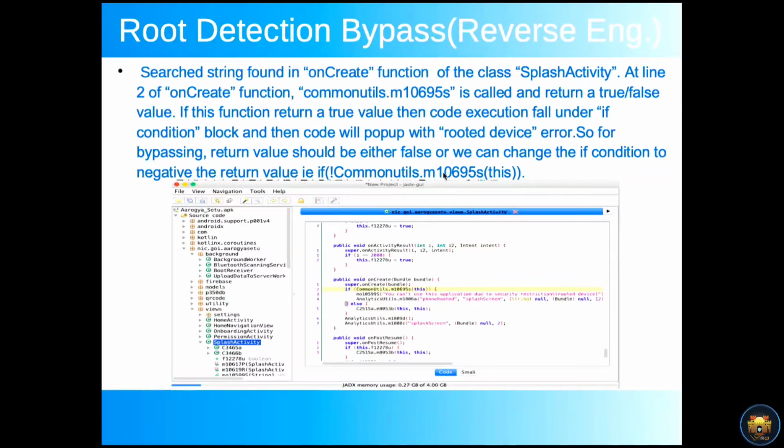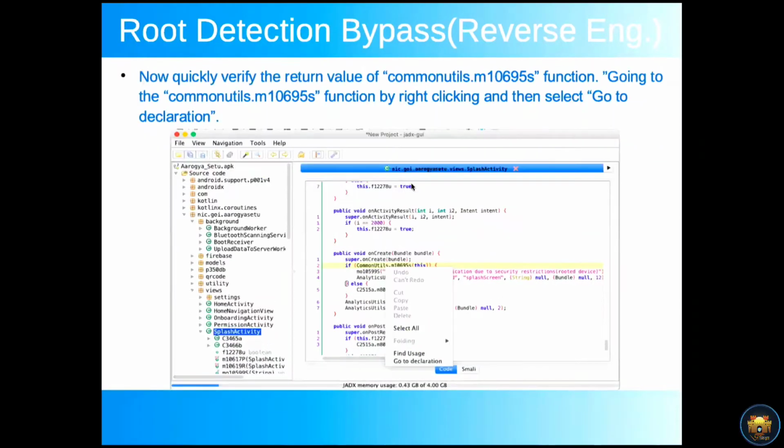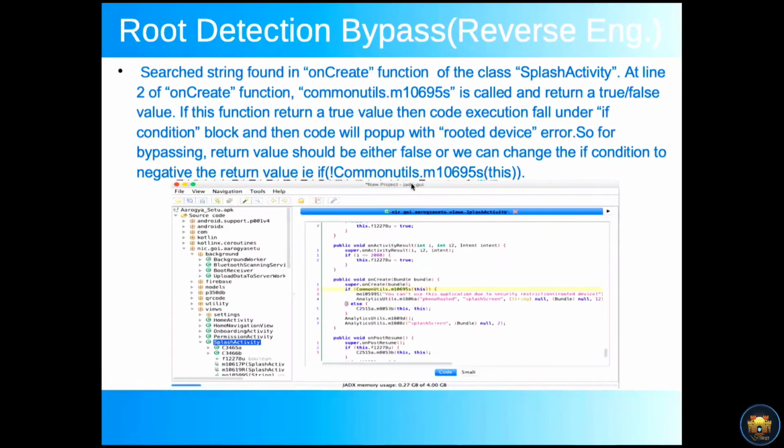Here I have highlighted it. Put an exclamation mark in front of the function call and negate whatever result is coming, and then I am able to bypass this restriction, because on a rooted device this function always returns true.